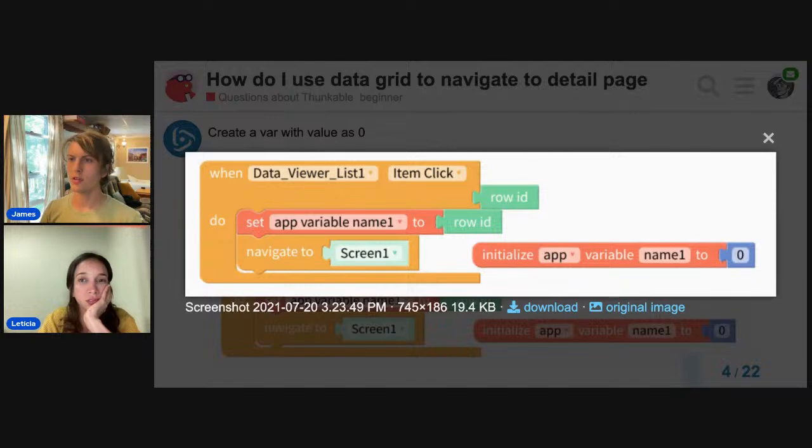So the first, this big mouth, we already have this. And then this orange part, and then there's 1, 2, 3, 4, 5 blocks, or 6, including this little blue one that we need to. Yeah, we already have the first green one. Yeah, we have the big orange one. And we also have the first row ID, the green one. Oh, really? We have this row ID too? That's perfect.